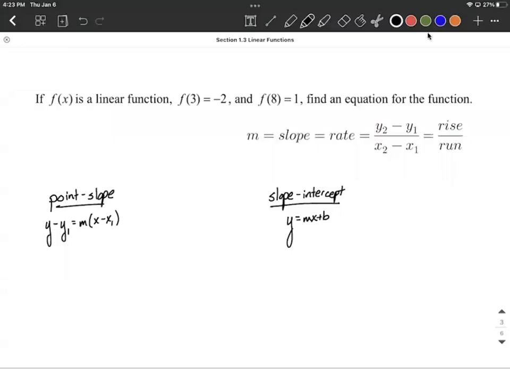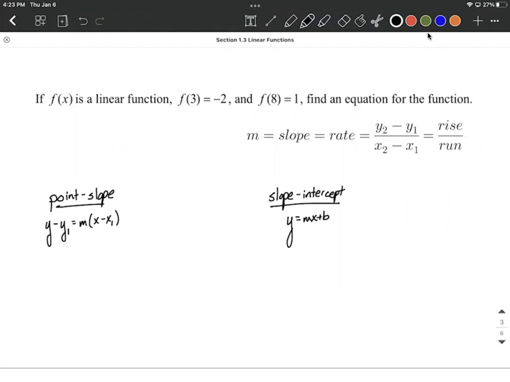Okay, in this case, what we're trying to do is find a linear function where f of 3 equals -2 and f of 8 equals 1, and get the equation for the function. So we have a couple different options here. Because it's linear, we know it's a line. We can either use the point slope form of a line or the slope intercept form of a line. They're listed below. But before we could plug into either one of those, we need to know the slope of